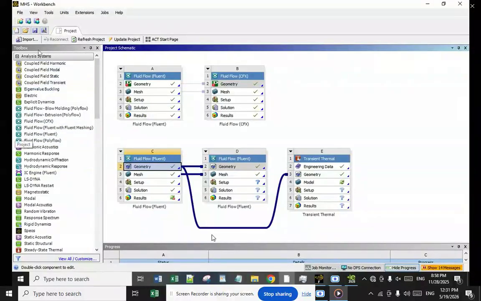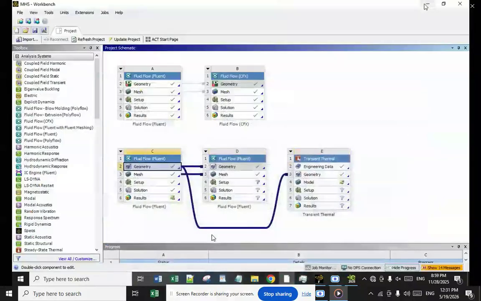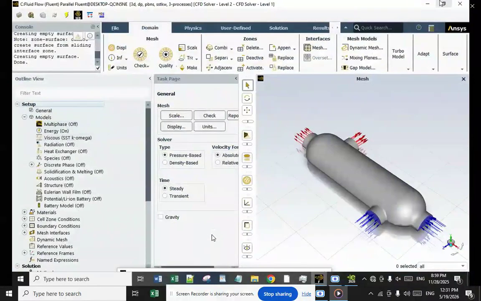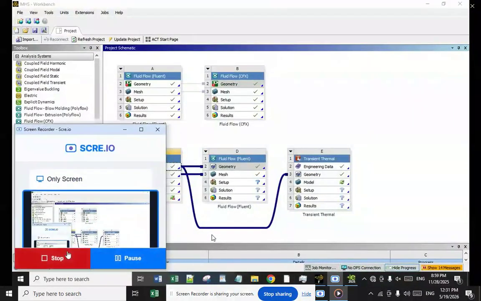So here you have another coupled field model, hydrodynamic diffraction, and magnetostatic. And here there are different sections so that if you select the transient, by default the energy is on. If you don't select this and just select the fluid, you have it off as a multiphysics. You see that the multiphysics in models we have it off and